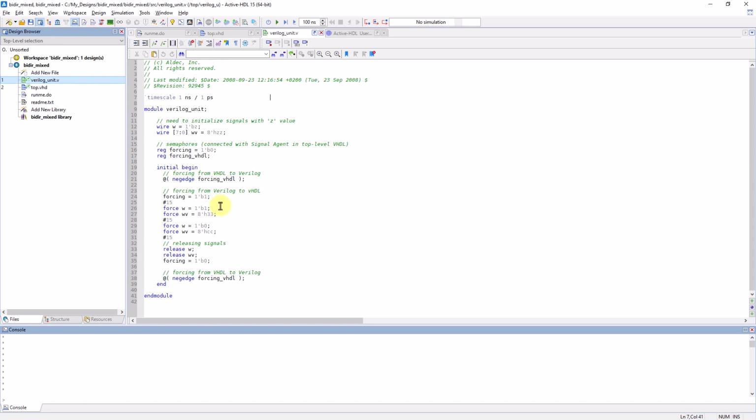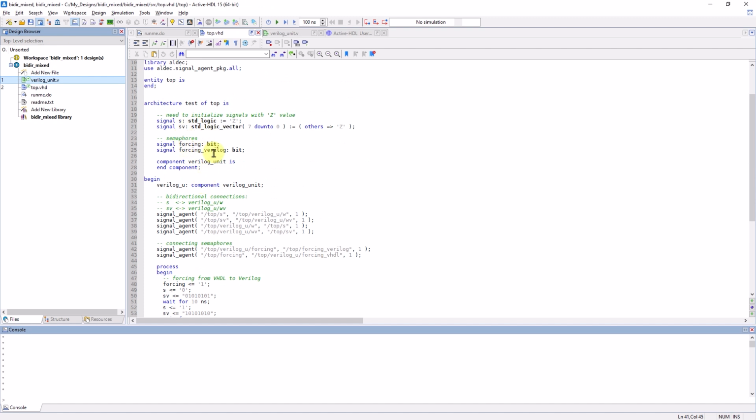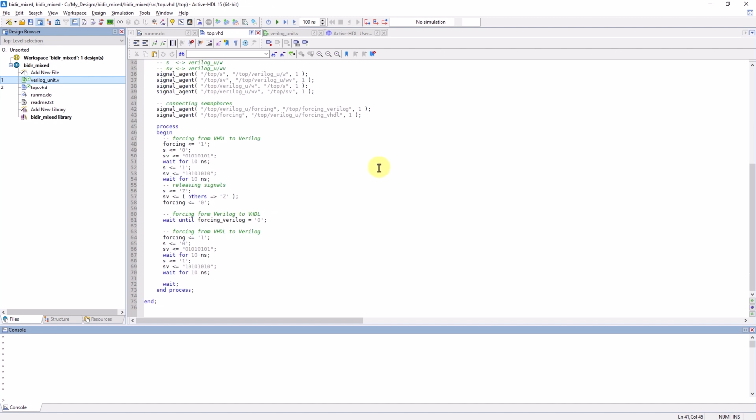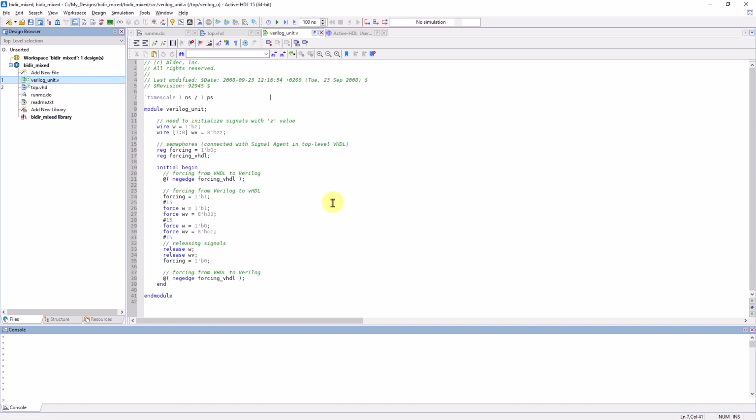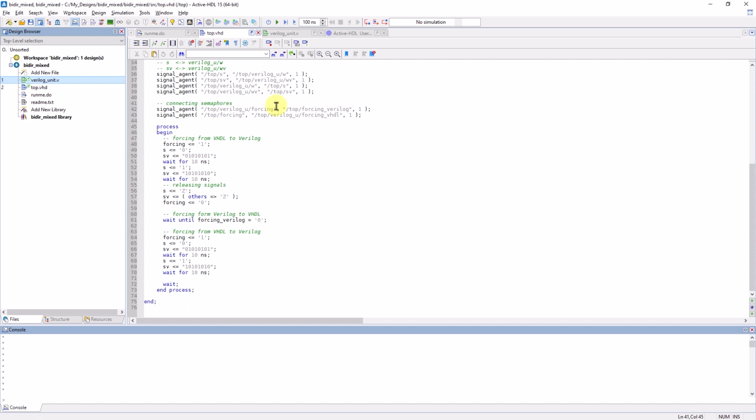Now the forcing signal from the Verilog unit is set to 1, and that means the forcing Verilog signal in the VHDL top unit changes to 1, suspending the VHDL code until forcing Verilog changes back to 0. Now the Verilog unit assigns its scalar and vector signals 1 and hex 33, and then 0 and then hex CC. And since this is bidirectional communication, the S and SV signals from the VHDL top unit should change to